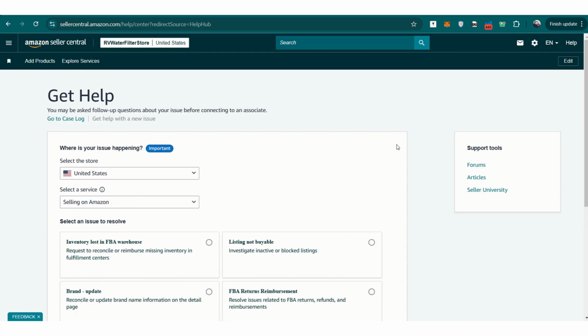Once you have these documents, go to Amazon Seller Central and open a support case. Explain that you are the rightful owner of the UPC, but it is being misused by another ASIN. Attach your GS1 certificate, product images, and a screenshot of the incorrect listing using your UPC. If you can find the ASIN that is incorrectly using your UPC, include it in your case to show Amazon